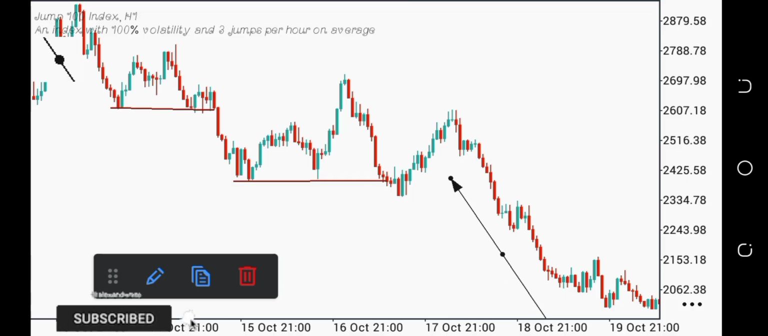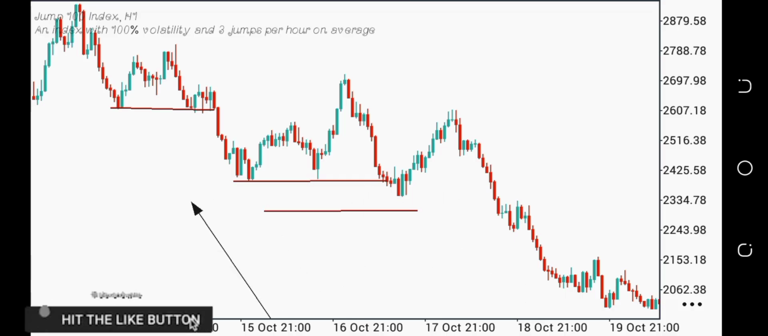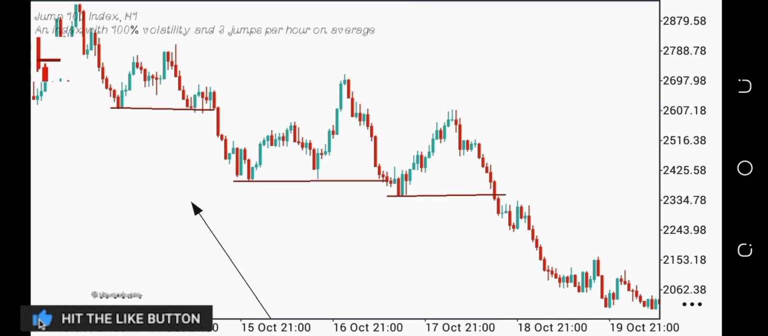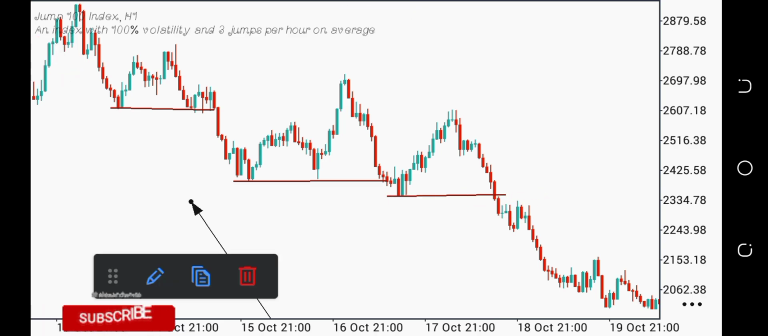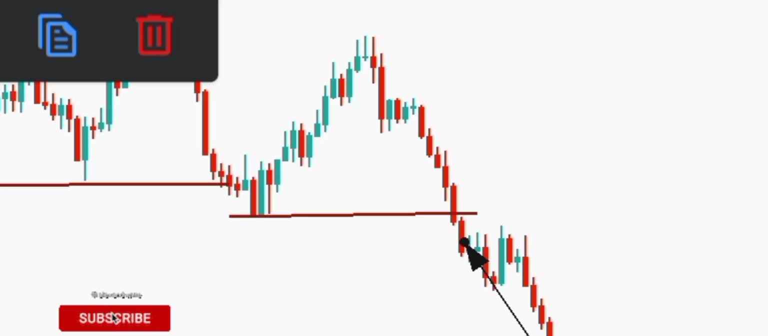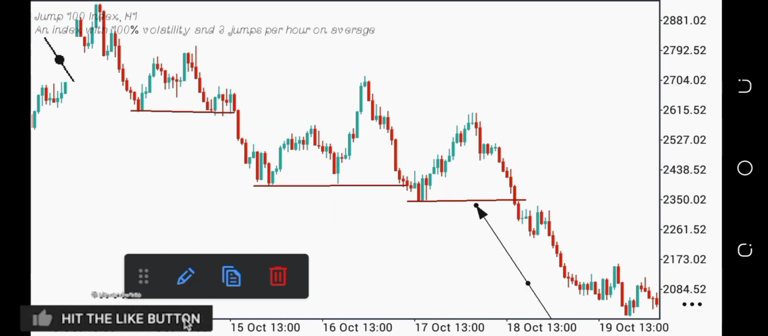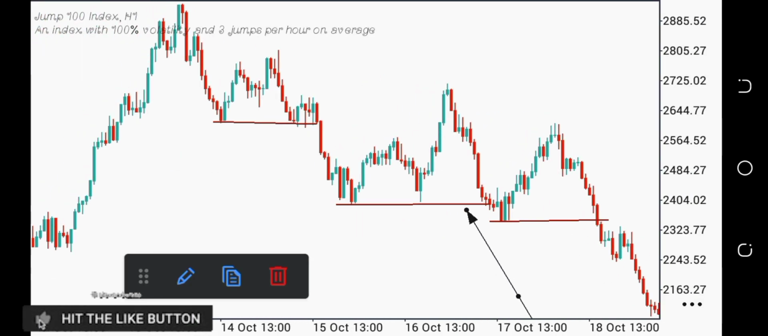So now let's map out another clear break of structure. This is another clear break of structure. Now see what happened here. Price came here and broke below this low, giving us a break of structure. So guys, that's how break of structure works. It's very, very easy. Go to your chart, practice it, learn how to map all these breaks of structure, because